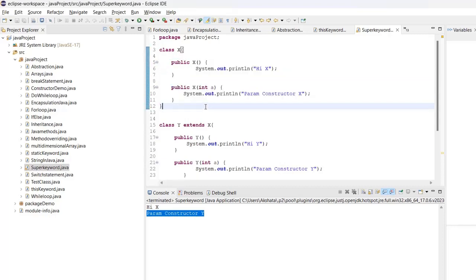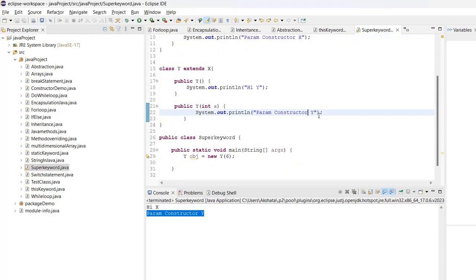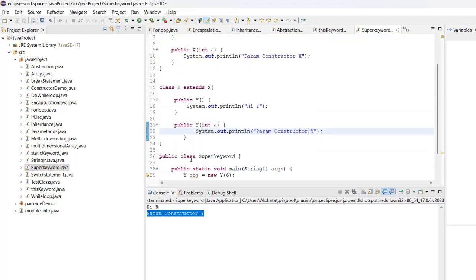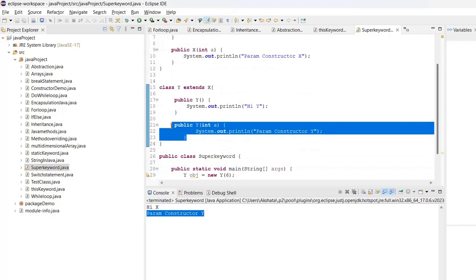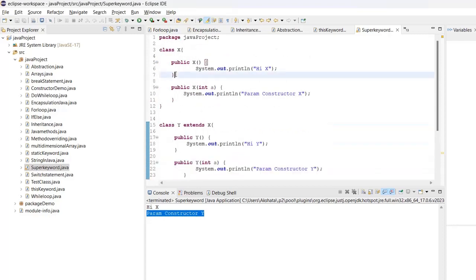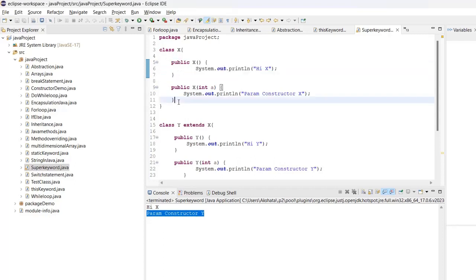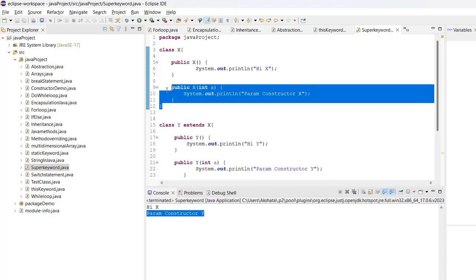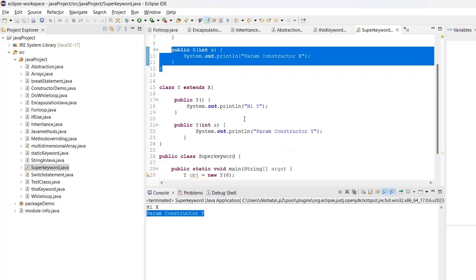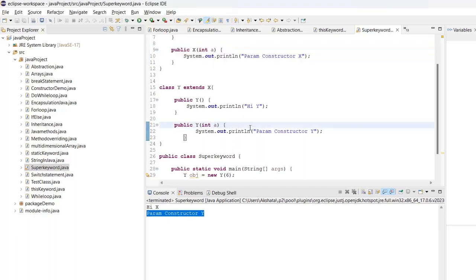This is weird, right? We did not expect this. We thought we will get param constructor of x and then param constructor of y. This is because it called the parameterized constructor of child class and default constructor of parent class. But what if I want to access the parameterized constructor of parent class? To access that, we just have to say